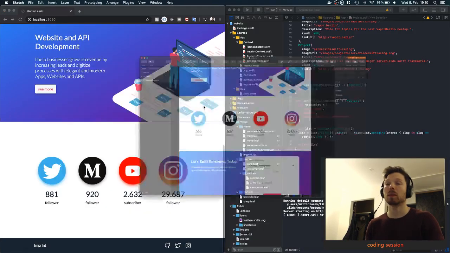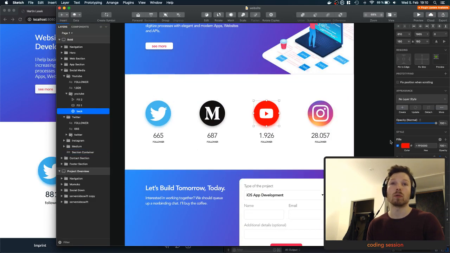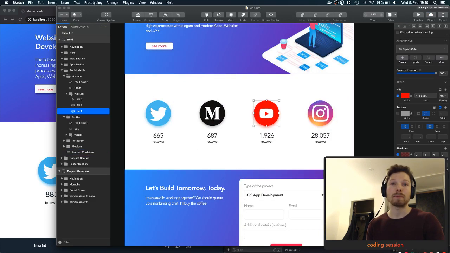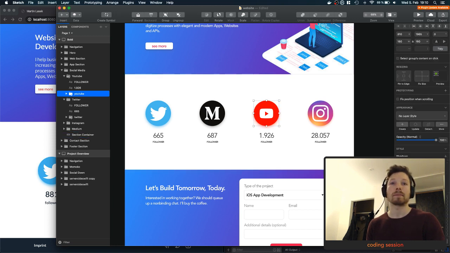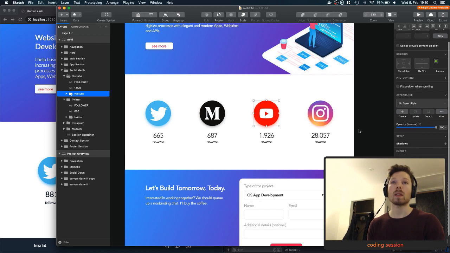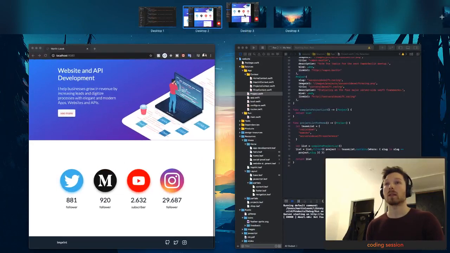I feel like the glow of YouTube is a little bit too strong. Let's reduce it a little bit further. Yeah, I think that's better. Export it again, like so.